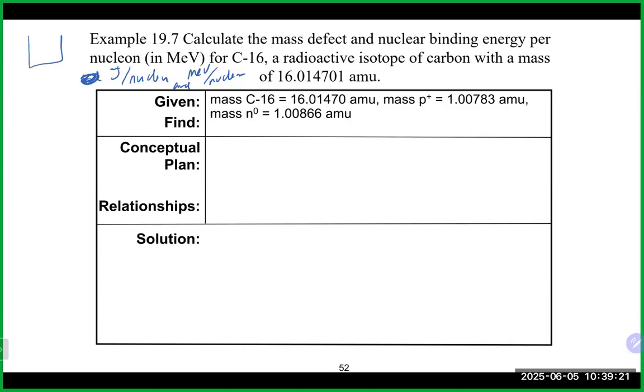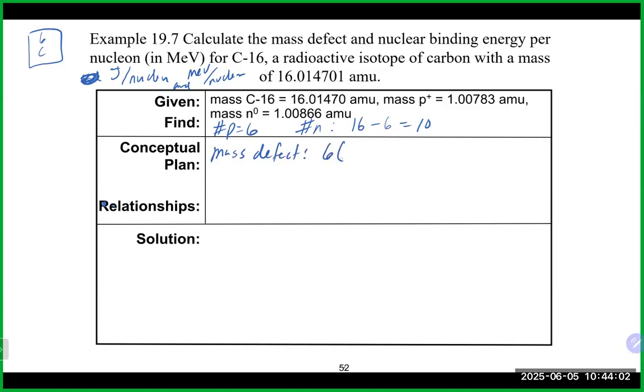And obviously carbon is 6. Again, we want our protons and neutrons. So obviously our protons are going to be 6, as that's the atomic number. Our number of neutrons is going to be our mass number, which in this case is 16 minus 6, which gives us 10. We could calculate our mass defect first off by basically adding those guys together with the masses of